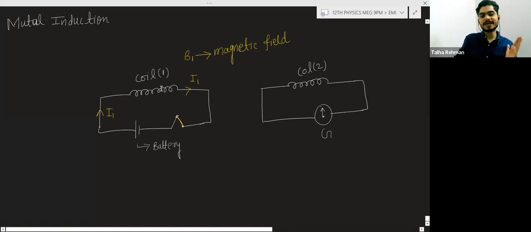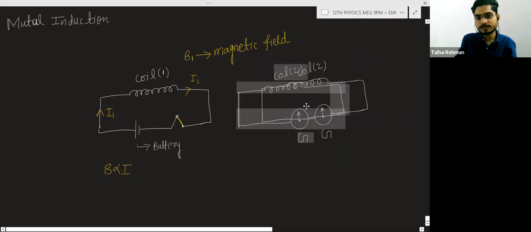V1 represents the magnetic field due to coil 1, and this magnetic field is directly proportional to the current. If you increase the current, the magnetic field will increase. B is the magnetic field, I is the current. So when you close this switch, current will increase, magnetic field will increase, and this magnetic field will be here also,